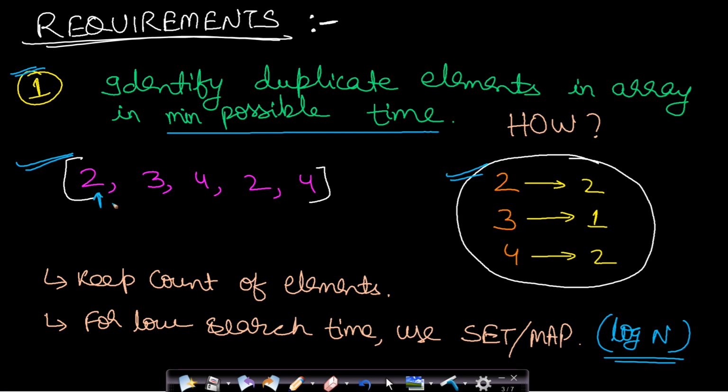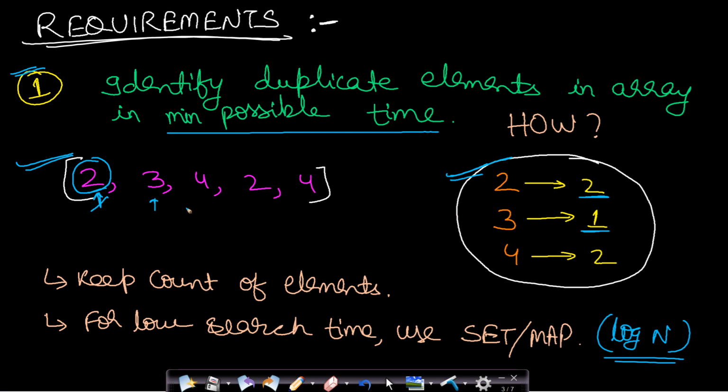Let's say you are starting with the first element. Then by seeing this element and this data structure, you should be able to find out the count for the current element. If the count is greater than 1, then this is a repeating element, that is, this element is not unique, and so you will move on to the next element. Is this element repeating? You can see that it has a count value of 1. So this is a unique element, and the first such element can be returned.